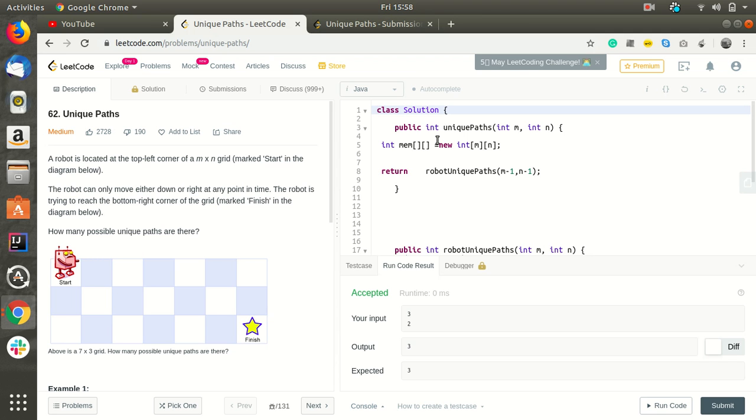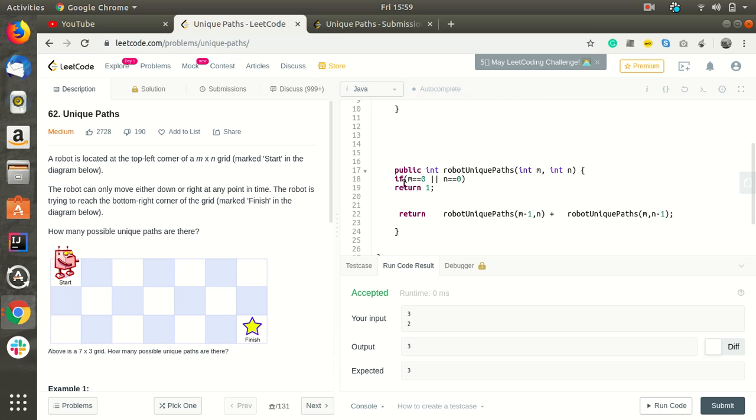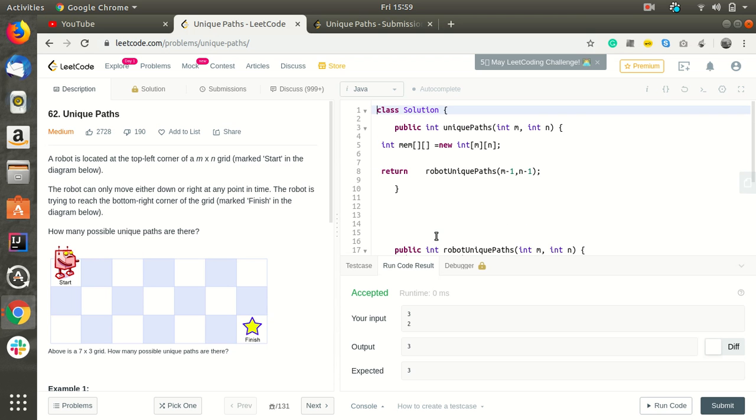So there will be a lot fewer calls to the robot unique path recurrence function, so it will avoid much of the calculation. Let's initialize it with the initial values, which is -1.